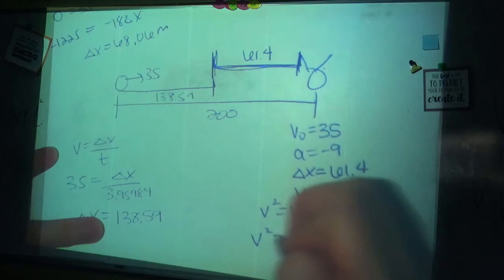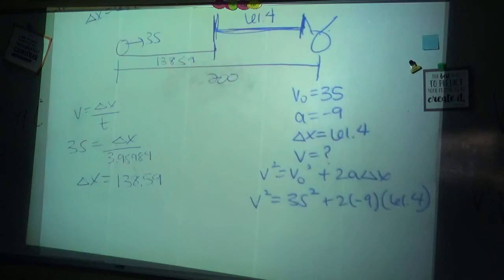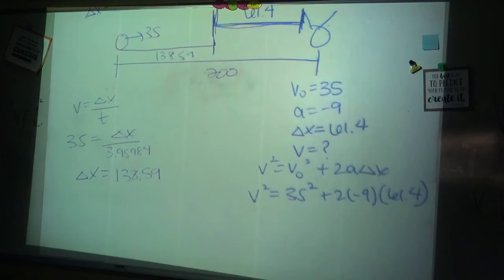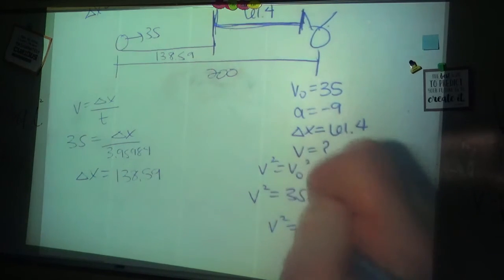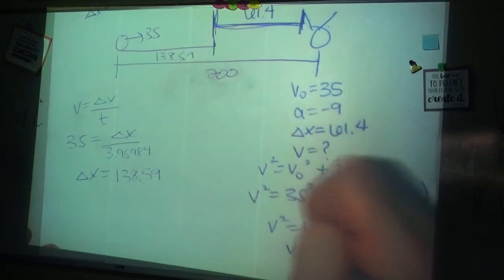The v squared is what I'm looking for. 35 squared plus 2 times -9 times 61.4. And this is how I know everyone copied my key, because I accidentally left off the negative sign in my calculator when I did it, and everyone had the same mistake. So you get v squared is 119.8, and then you just square root, and you get your velocity is 10.95